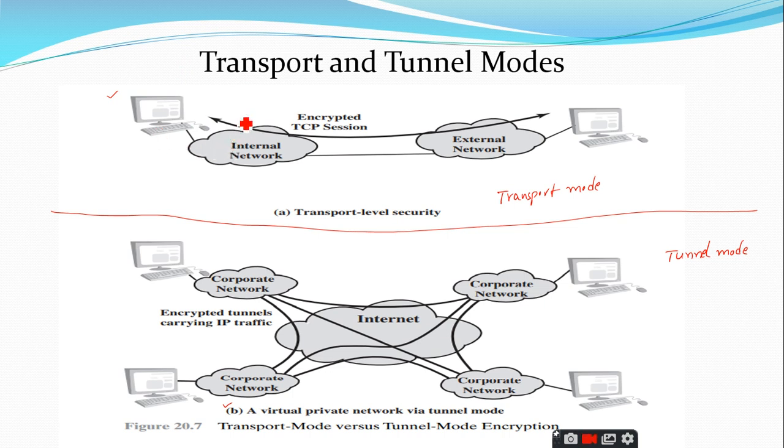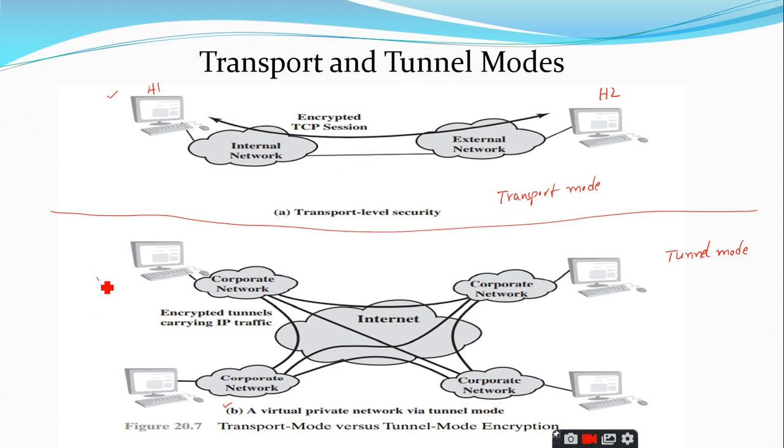Let us see what this transport level security is. If you observe here, in the transport level security, the ESP is going to provide the security between two hosts. So, this is host 1, let us say H1, and this is H2. The transport mode is going to provide the security in terms of encryption, and optionally we have another option called authentication, and it is provided directly between two hosts. This is a direct security that is provided here.